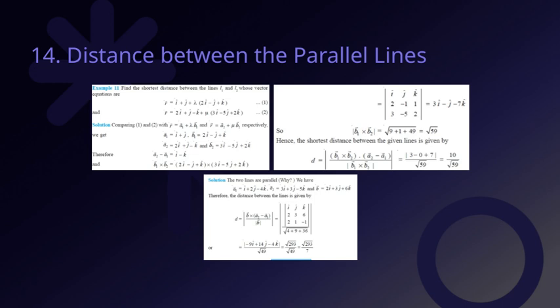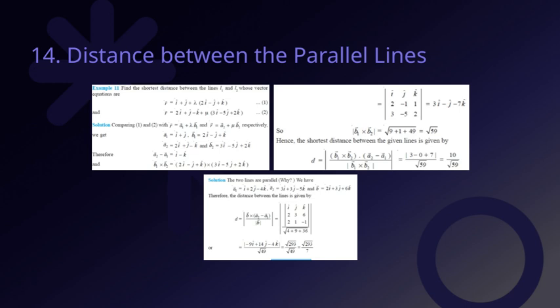So the key idea here is that for parallel lines, this distance is fixed and does not change as you move along the lines. It's a unique property that sets parallel lines apart from other types of lines that might intersect or diverge. By grasping this concept, we're better equipped to analyze geometric figures and understand the spatial relationships between different shapes. And this idea of constant distance ties back to the overall theme of understanding how lines and planes